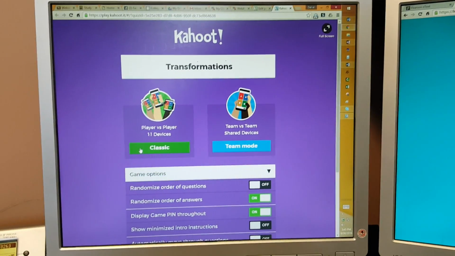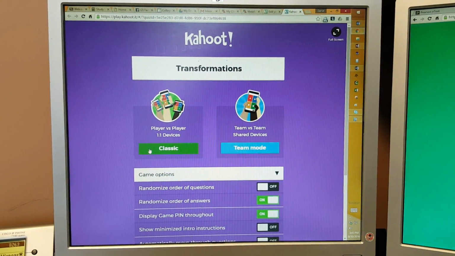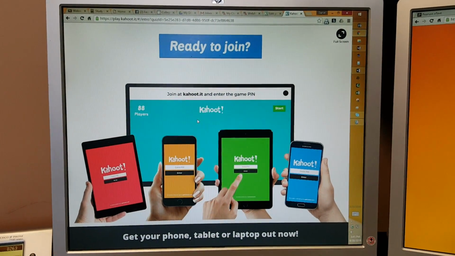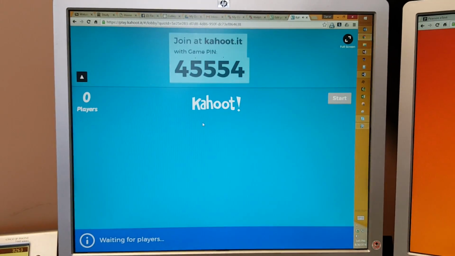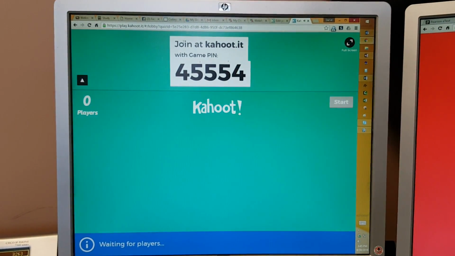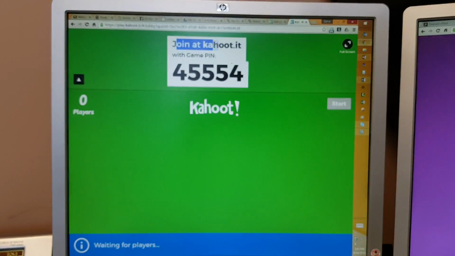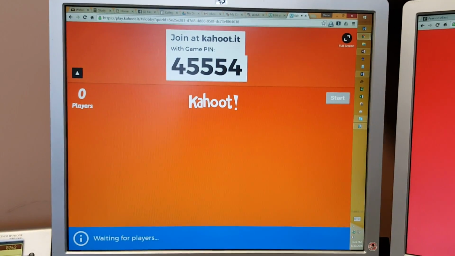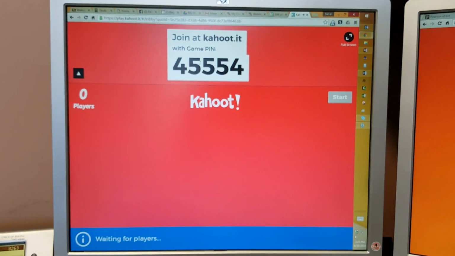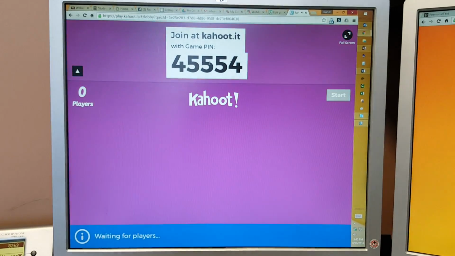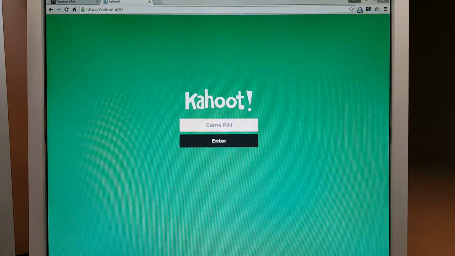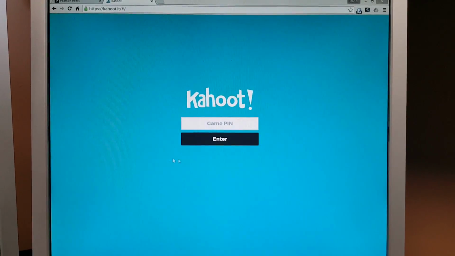So as an instructor on the screen in front of the classroom, I would click Classic, and then it tells students, hey, we're getting ready to go. And then the instructions for the student are at the top of the screen here. All they have to do is use their phone or laptop or tablet to go to kahoot.it and type in the PIN number they see here. So when they go to their phone or tablet or laptop, this is the website, kahoot.it, and they simply type